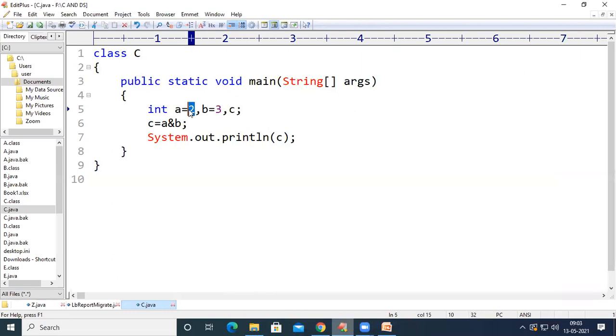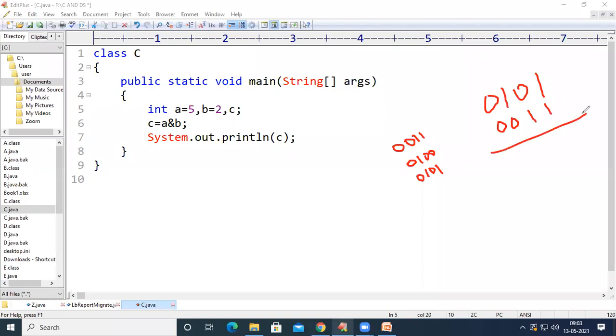For example, if I have a number 5 here, and a number 2, then 0 will be represented as 4 zeros, and 3 will be represented as 0011, 4 will be represented as 0100, and 5 will be represented as 0101. So here 5 will be represented as 0101, and 2 will be represented as 0011.